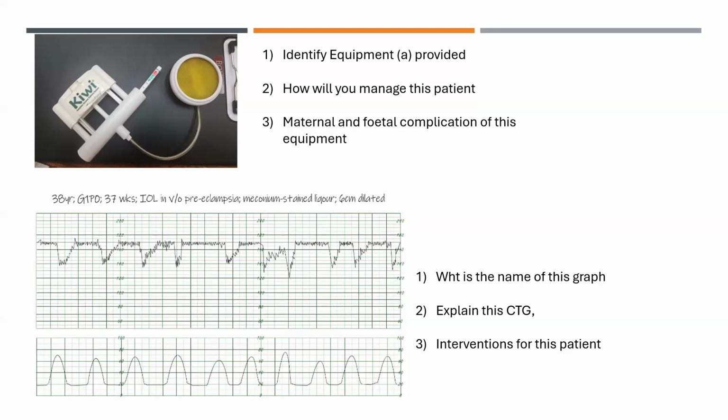If you're going to draw, this is a bit tricky. Remember we said ignore accelerations and decelerations. Now what's the baseline heart rate? Excellent. Yes, we have 170 beats per minute. What is 170? Is that normal? Does that fall into our range of what the normal heart rate should be? We have tachycardia, exactly. Next, is there variability?